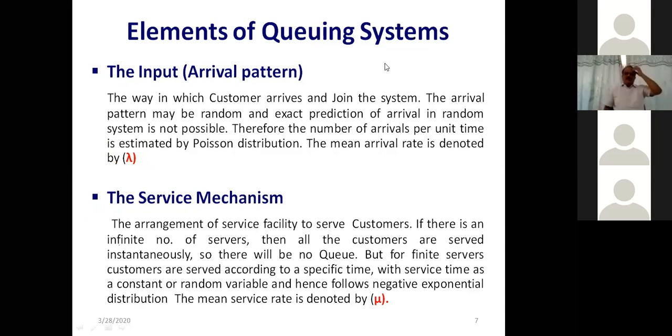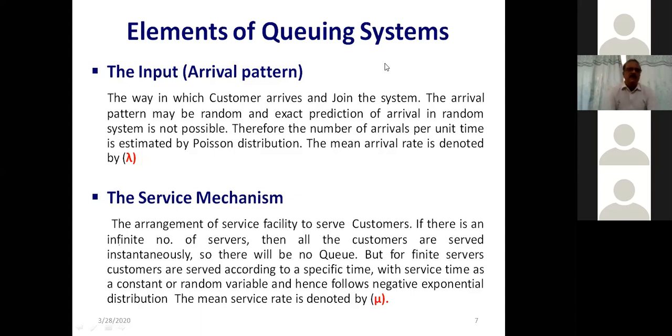Now the basic elements of queuing system. As discussed earlier, I have already told you the queuing system. We'll see in detail what the input or arrival pattern is. Arrivals are basically defined as the way in which the customer arrives and joins the system. Arrivals are all those entities, all those customers, all those patients which come into the system. The way in which this customer arrives and joins the system, the arrival pattern may be